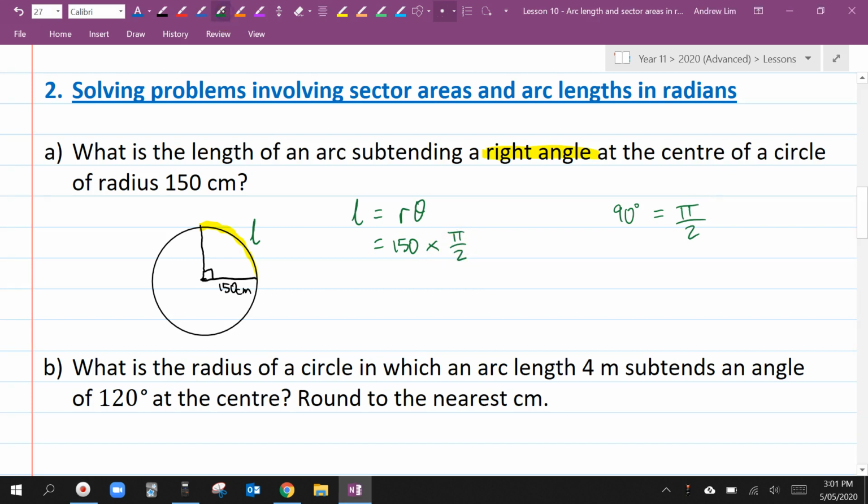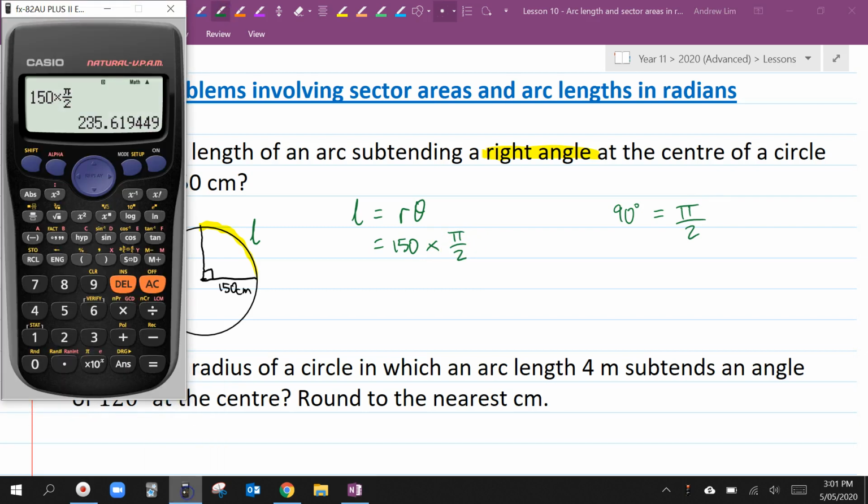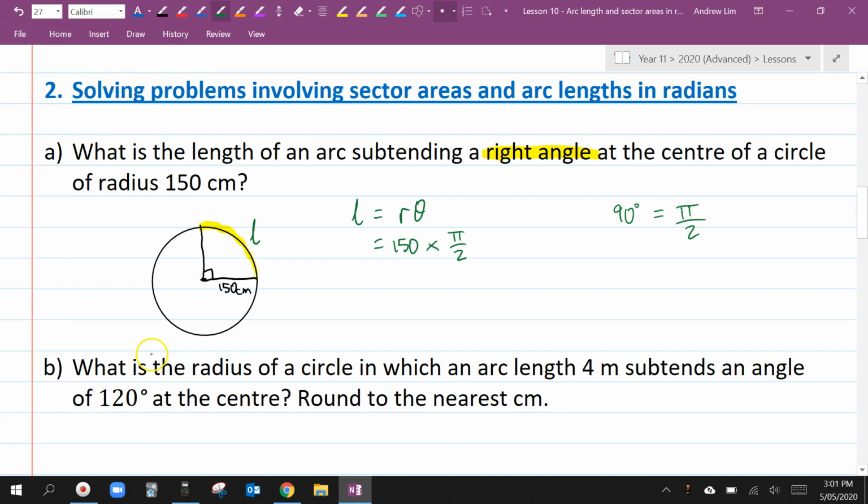So if the question asks you for an exact answer, what you could do is just do 150 divided by 2, which is 75. So it's equal to 75 pi centimeters. Okay, so all we did was we did 150 times 2, and we left the pi in our answer. However, if the question asks you to give your answer correct to 1 decimal place, for example, we can just